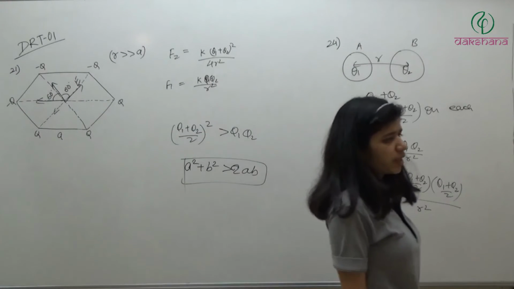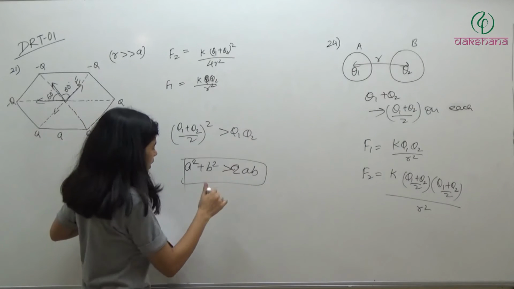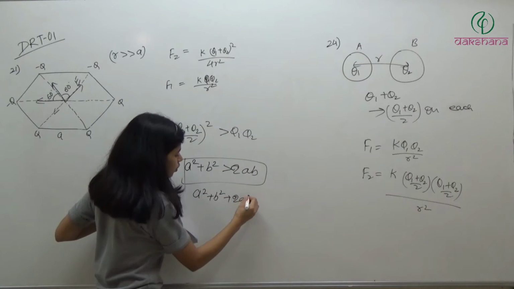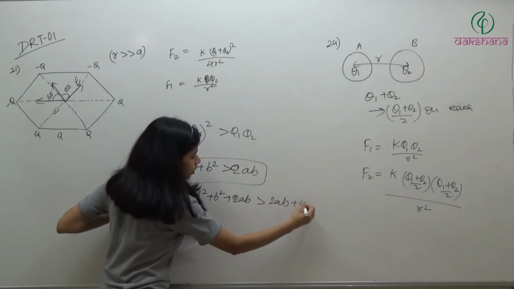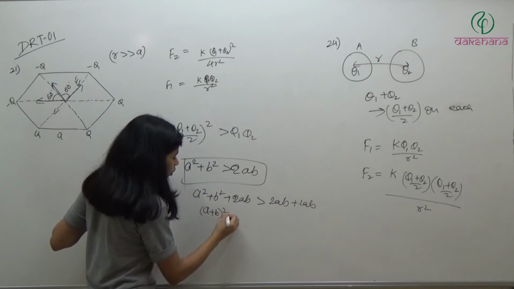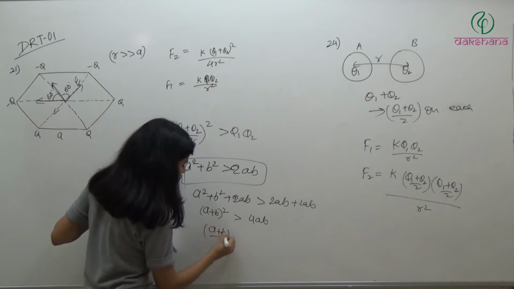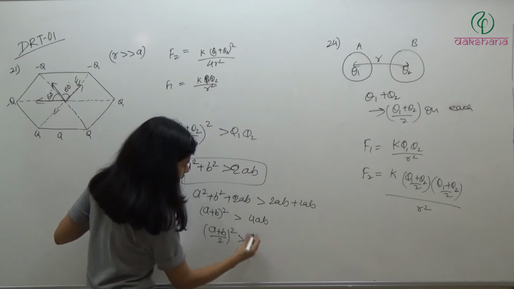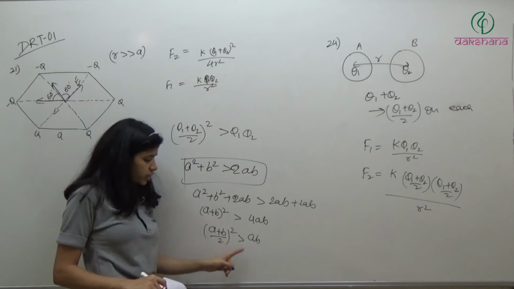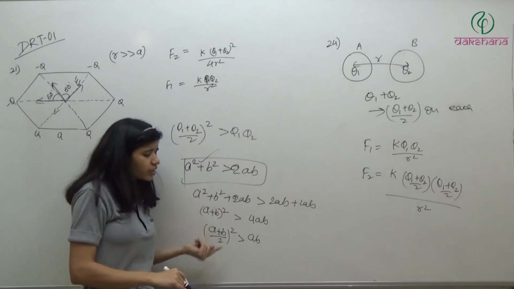ये आपका अरिथमेटिक मीन, ज्योमेट्रिक मीन इस सब से आता है. So a square plus b square is greater than 2ab. यहाँ पे अगर मैंने क्या किया, if I add 2ab on both sides, so a square plus b square plus 2ab greater than 2ab plus 2ab. Both sides I have added 2ab. So now I can write (a plus b) whole square is greater than 4ab, and I can write ((a plus b) by 2) whole square is greater than ab. है ना? I have taken this 4 down and squared, taken 2 inside and squared. So it is greater than ab. So it is satisfying this condition. So this a person should know, then they will be able to solve this.